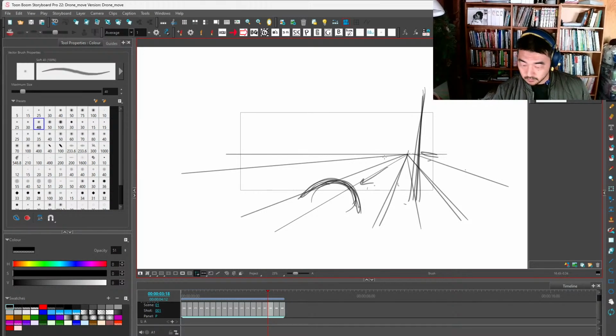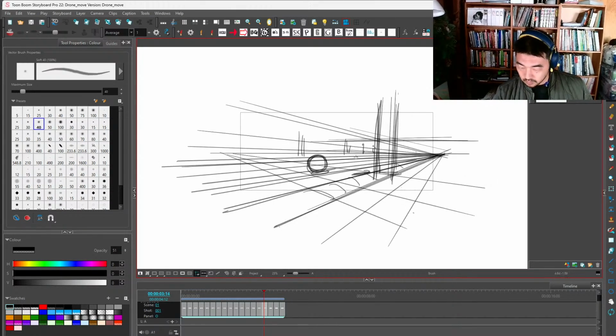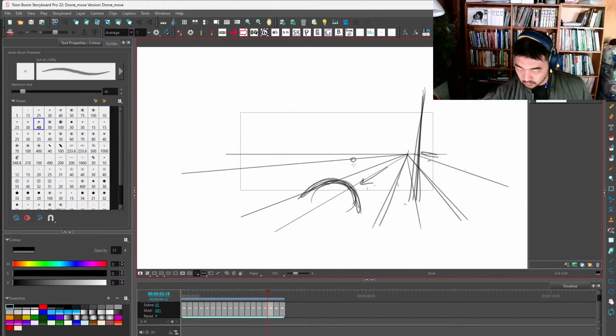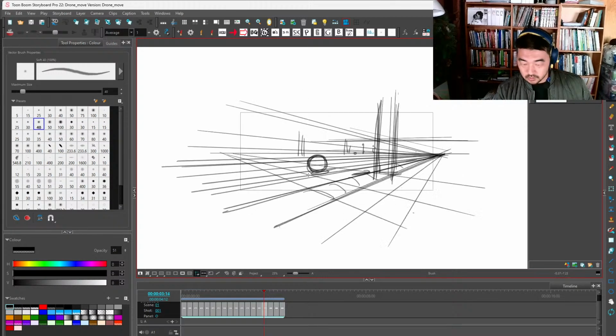Ball's going to go under the camera. We're going to see another ball. Right there. Here's the wall right there.